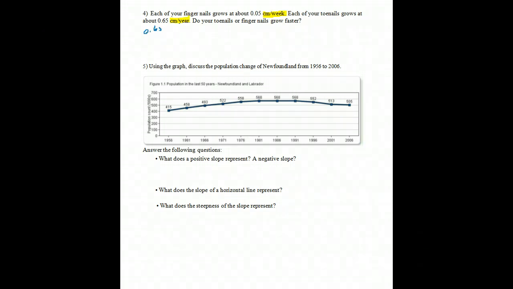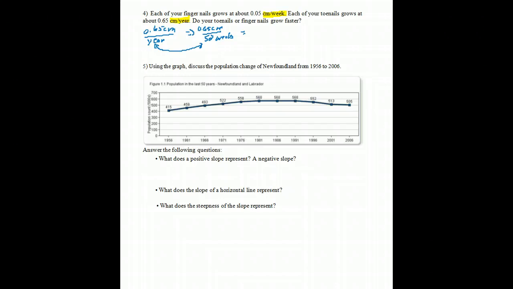So it's 0.65 centimeters per year currently. Now to change that to per week, we need to know that there are 52 weeks in a year. So 0.65 centimeters divided by 52 weeks. Right now you have to keep these two quantities the same here. 52 weeks is the same as 1 year. Now we can break that down,